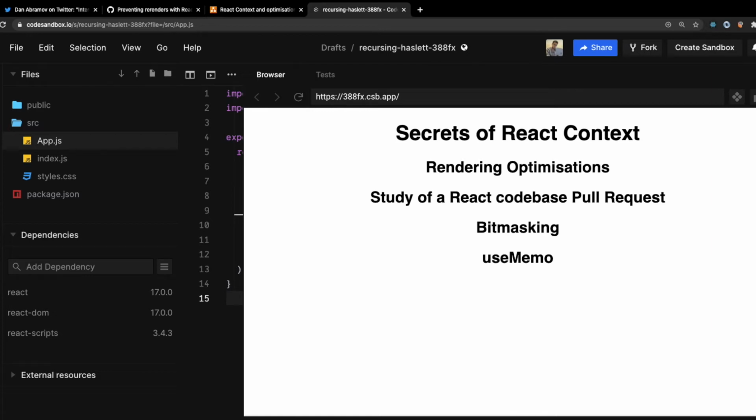Hello guys, in this video we'll be talking about the React context and its secret APIs, and to understand that we'll firstly go through various rendering optimizations that we can do in our React applications. It is pretty important when you have a very large scale application having thousands of components, right? You don't want to render hundreds of components uselessly, even when there are no significant changes in the components. Rendering that many components in your application is not a good idea, right?